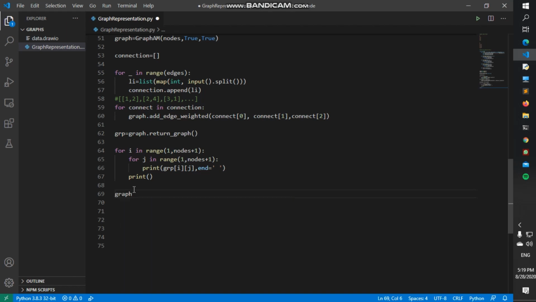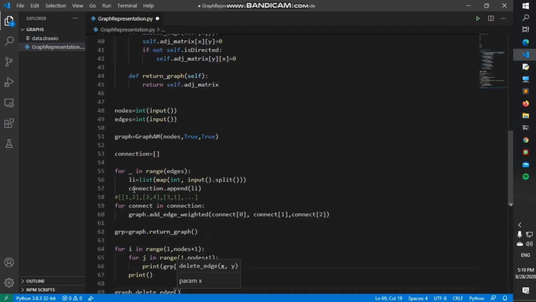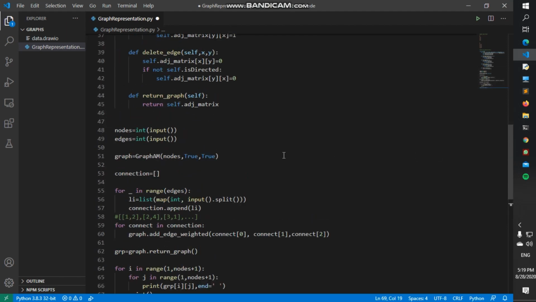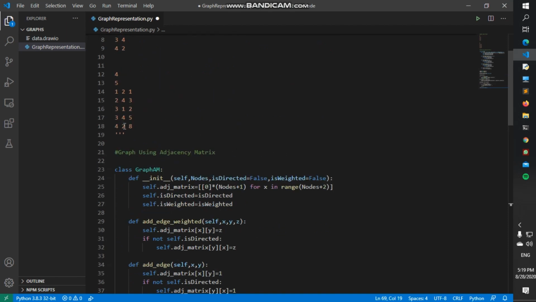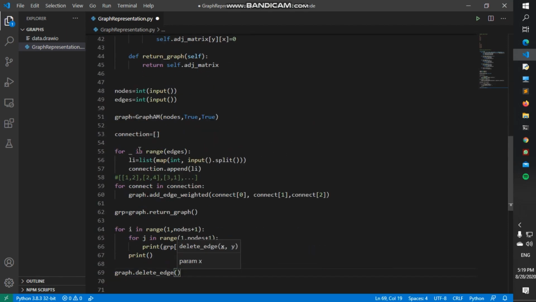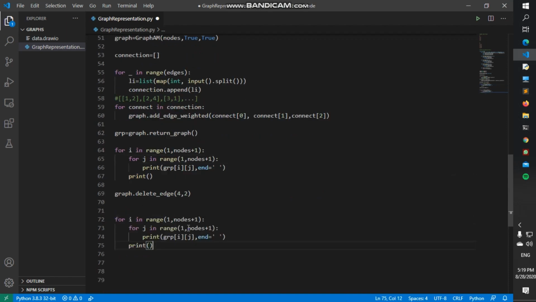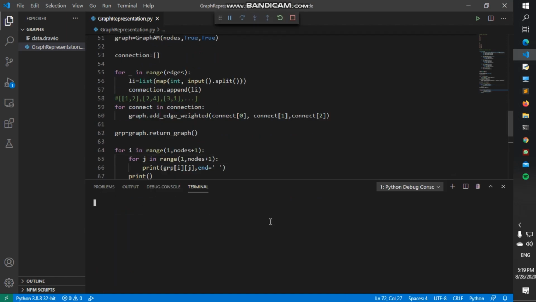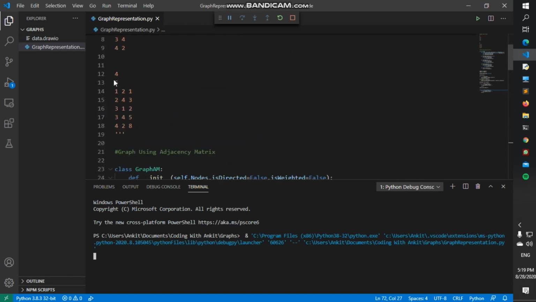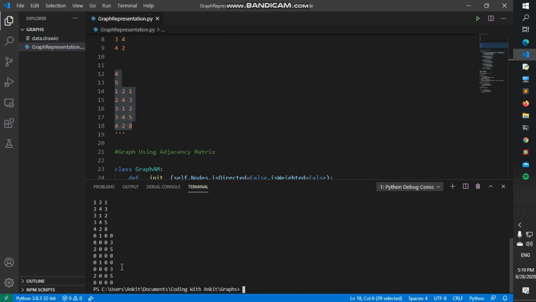So graph dot delete edge. Let's delete the edge between 4 comma 2. Okay, so we will be deleting the edge between 4 comma 2, and then once again we'll be printing this graph, the same thing once again. So I'll just copy paste it, and now I need to get the input once again since I changed my copy thing. So yeah, see,